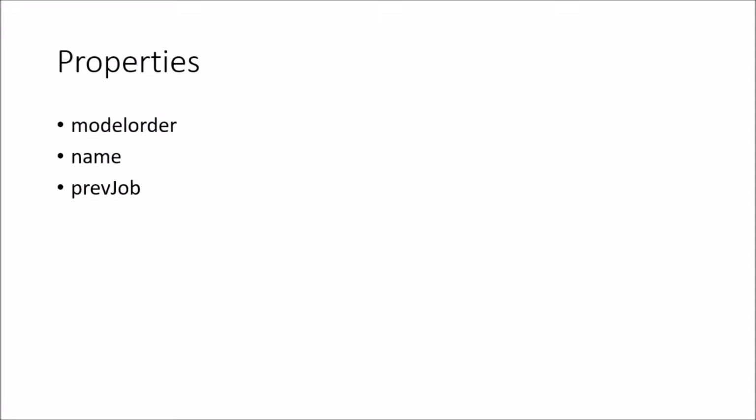So it has several properties: model order, name, and previous job, or prev job, which is similar to all the other functions that you can utilize in your pipeline. The model order I've found to be somewhat significant, because if you leave it blank, the function seems to run indefinitely. For this purpose, I used a model order of 3, mostly admittedly just because I'm fairly naive to how to run this, and 3 tends to be the default for most model orders.